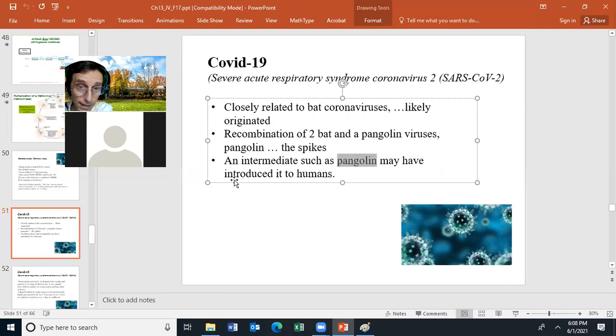how COVID-19 came about. A recombination of 3 coronaviruses that probably happened in bats, and then jumped to the pangolin. The Chinese like to eat exotic animals, and in their animal markets in Wuhan, they had a whole bunch of exotic animals for people to buy and then eat, and they think there were pangolins there. They think a pangolin had COVID-19, and COVID-19 jumped from the pangolin to the humans, and then COVID-19 spread